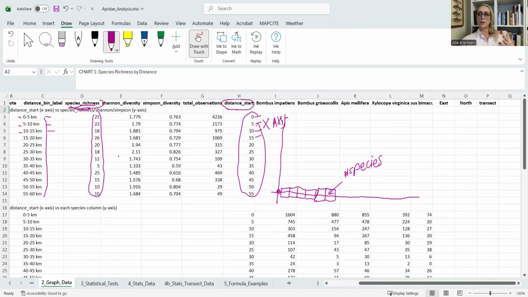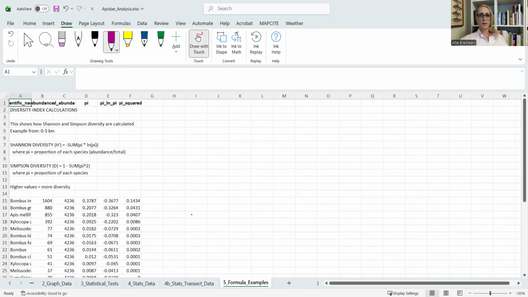But there's two other metrics that ecologists use. The Shannon Diversity Index. The Shannon Diversity is actually over on this tab. So on tab 5 under formula examples, it shows you how Shannon Diversity Index and the Simpson Diversity Index are calculated, which is what ecologists typically use. And basically it helps figure out what's going on. So the Simpson Diversity Index is here,